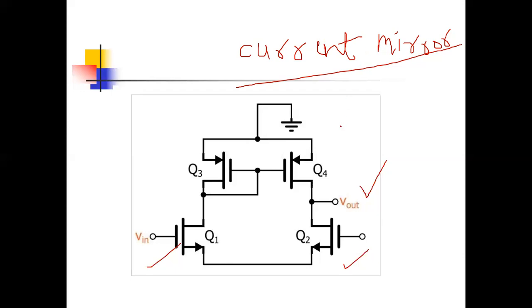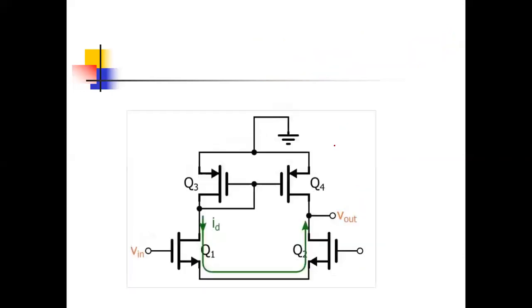It should be constant. So see here in this diagram, if you remember in any FET, the gate current is 0. There is no gate current here. So whatever current is at the drain is the same current at the source. So what is the current here? The same current is here. So look at the circuit carefully.